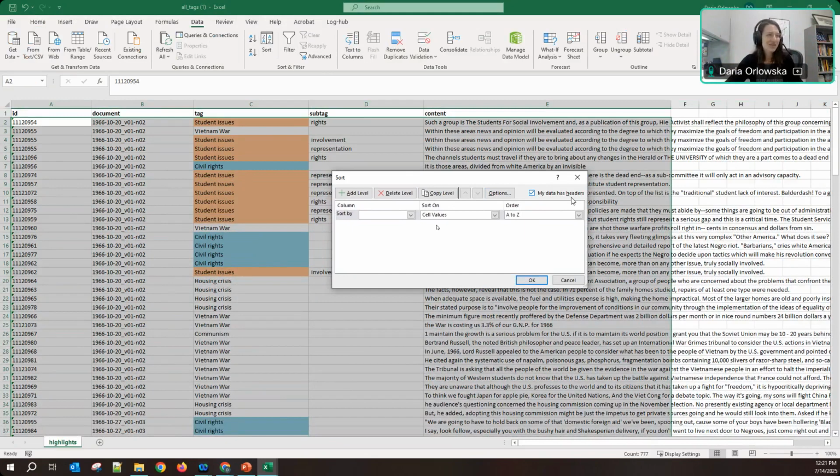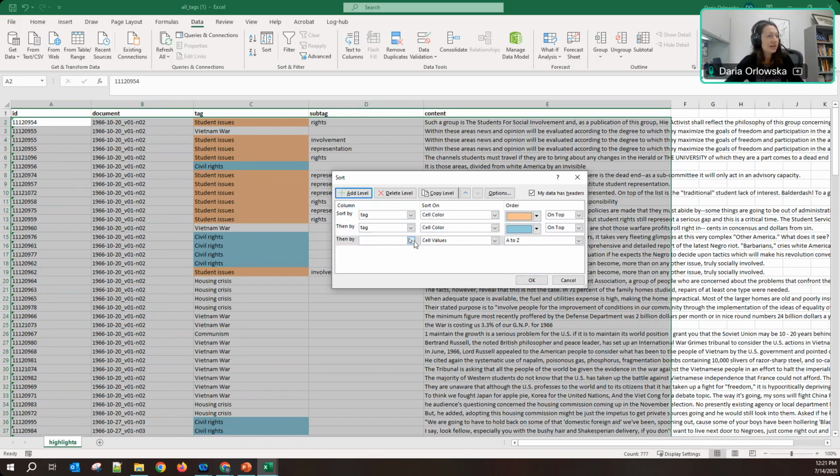So we're going to sort by tag, and by default, it sorts by cell values, so alphabetically. But you can also sort by cell color. I can sort by maybe orange on top, and then I can add another level and select tag, cell color, blue underneath that.